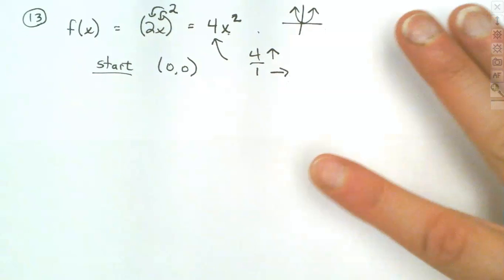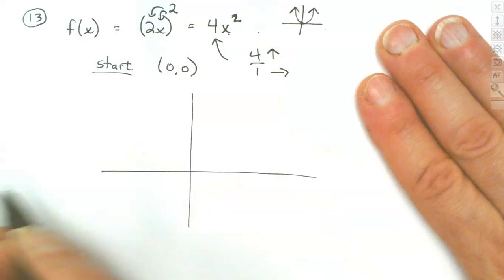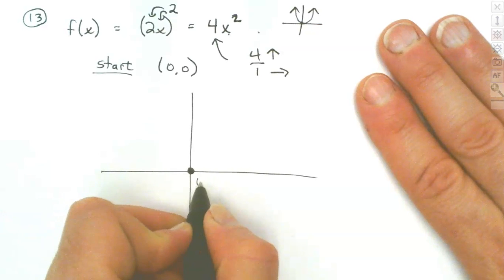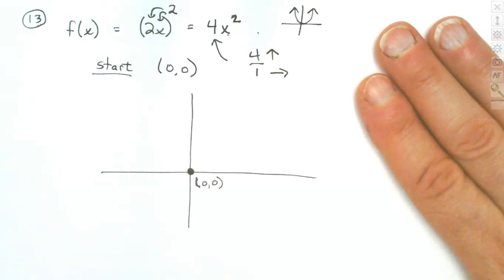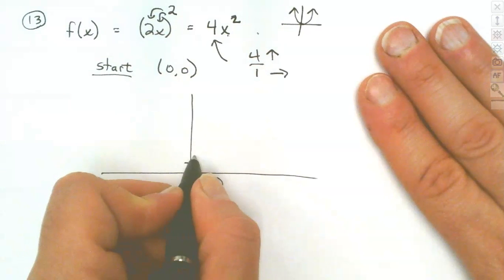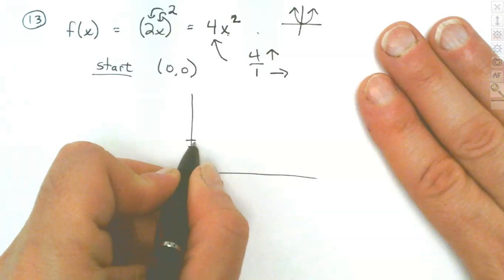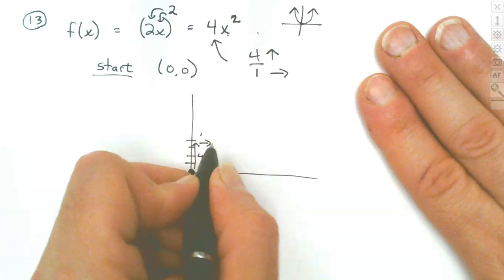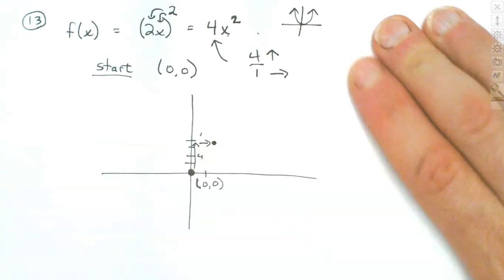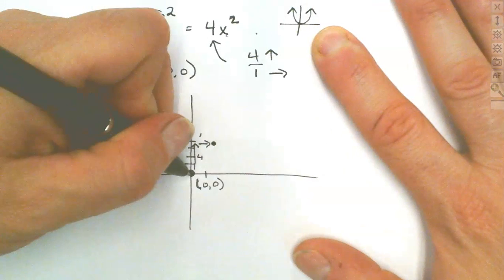So let's see where we're going to start at. We're going to start right here at 0, 0. So that's what we've got. We're going to start right here. Now, what are we going to do from the 0, 0? Well, that number in front is a 4, and it's like your slope. It's not a slope because slopes are for linear lines, but we can use the same concept. So we've got to go up 4 and over 1. So up 4 over 1, make our dot, and what does it need to look like? That. So we've got this half